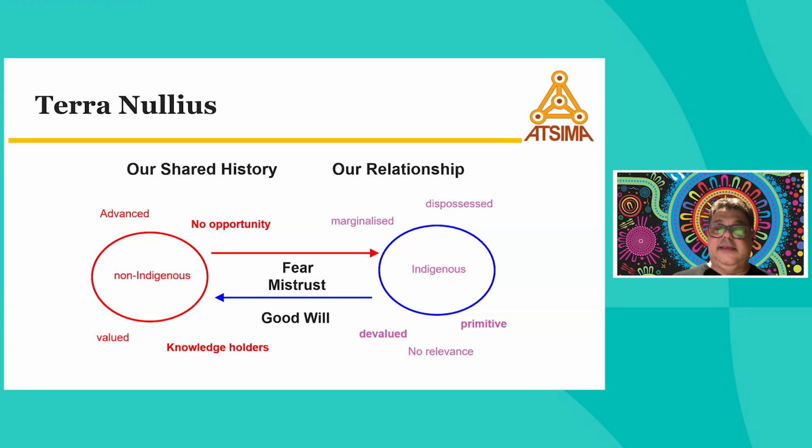And if you want to see an actual statistical report on this, Reconciliation Australia was doing, I think they're still doing, the Reconciliation Barometer. And they used to do a statistical sample of Australia, including Indigenous and non-Indigenous people. And they asked the question, is there any trust in this relationship? And about 80% believed that there was no trust in the relationship between Indigenous and non-Indigenous people. So there is a lot of stuff that we need to address.